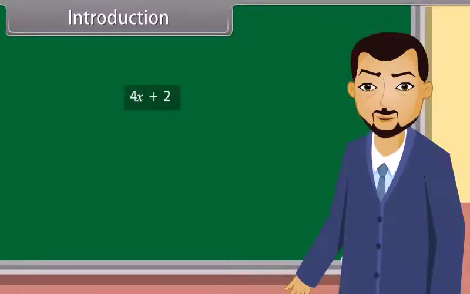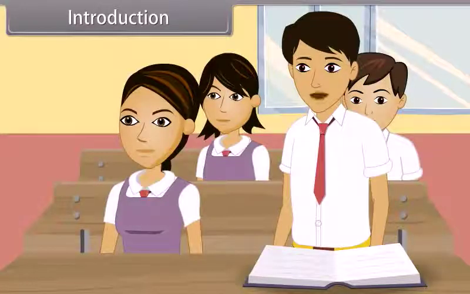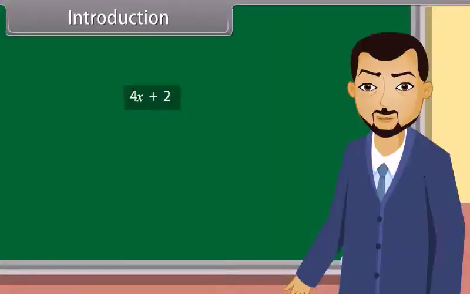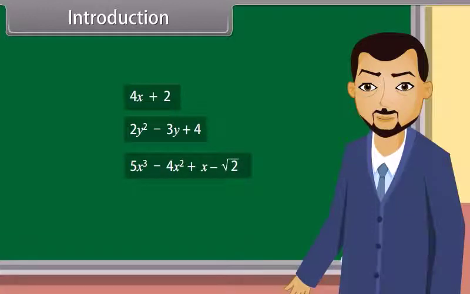Students, look at this polynomial. What can you say about this? This is a polynomial in the variable x of degree. You're right. Similarly, 2y square minus 3y plus 4 is a polynomial in the variable y of degree 2. And 5x cube minus 4x square plus x minus square root 2 is a polynomial in the variable x of